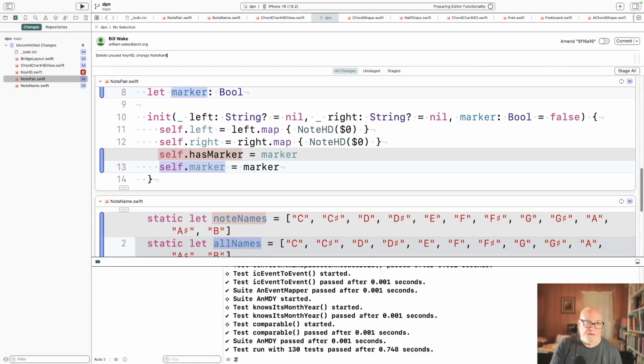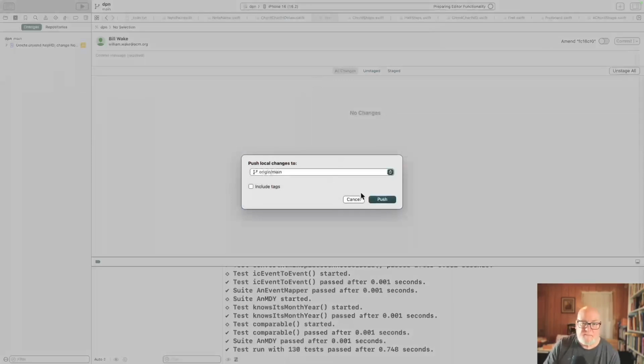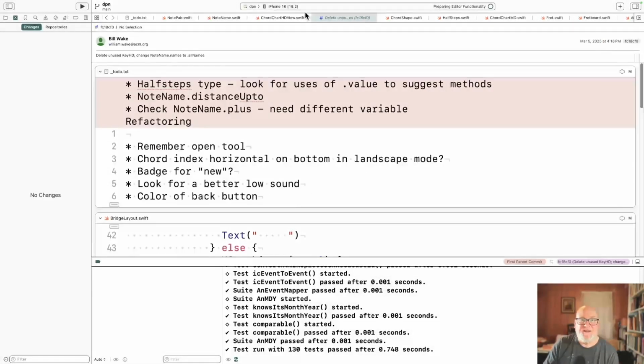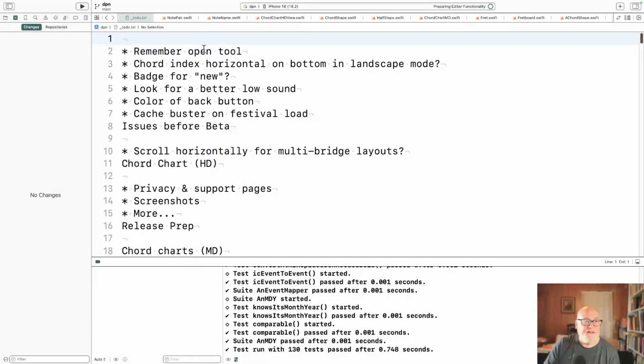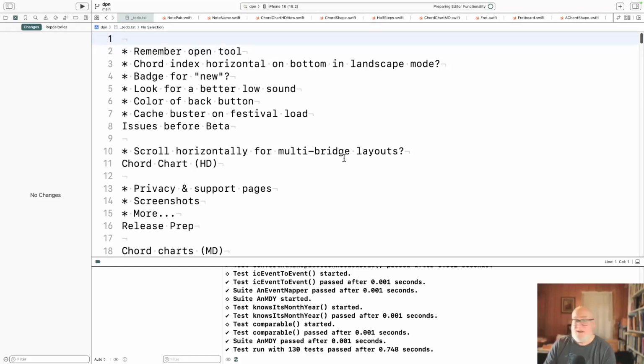Change NoteName.names to dot all names. All right. Good. Okay. So, well, we don't have very much time, but